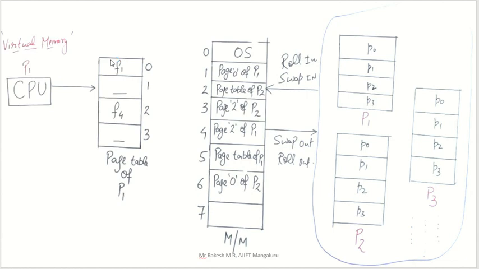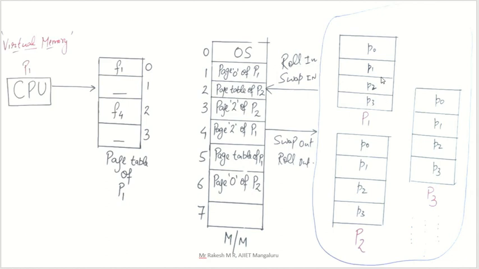The memory management unit manages a table called the page table. The page table contains the page number and, against it, the frame number. That means which page is saved in which frame. Anywhere in memory you can save a particular page in a frame, but we need to record where you saved that data, and that is the page table. For each process we have one page table.